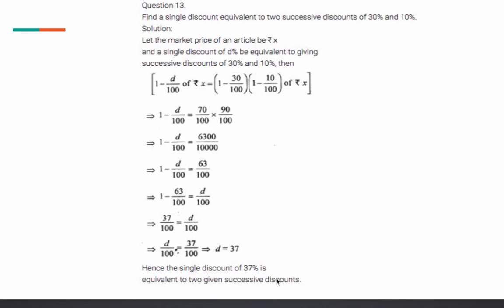Okay, that was all for exercise 7.3. Okay students, pay attention. In exercise 7.3, question numbers 9 and 11 you have to do by yourself. I have given you that as homework. Question 12 is not to be done. 10 and 13 I have explained just now. I am sharing the PDF also so that if there is any doubt in the classwork part you can see it. Okay, all of you can see it.